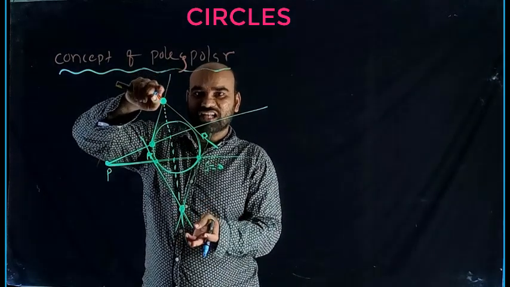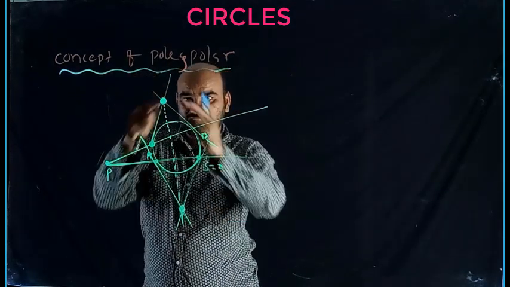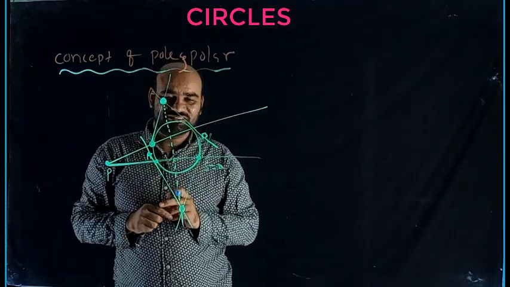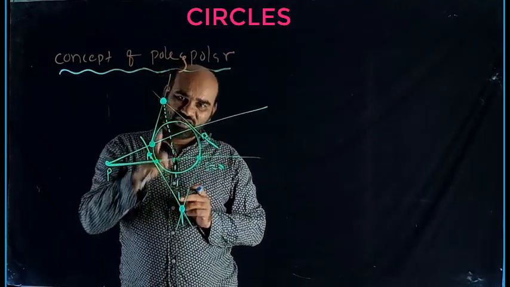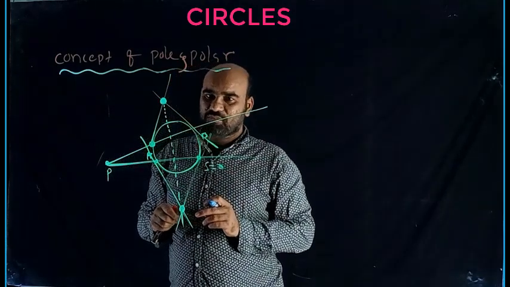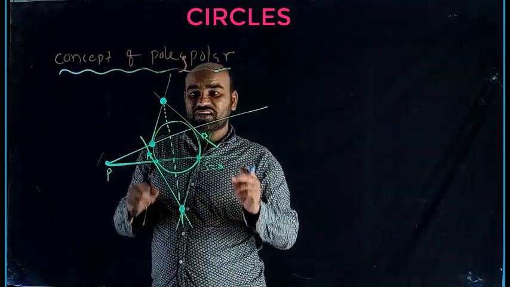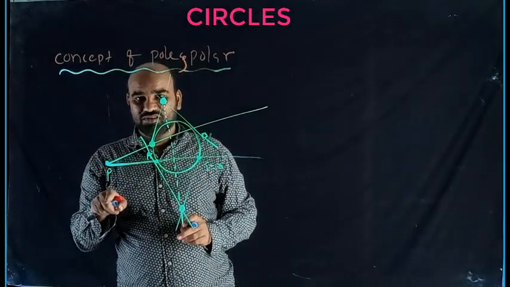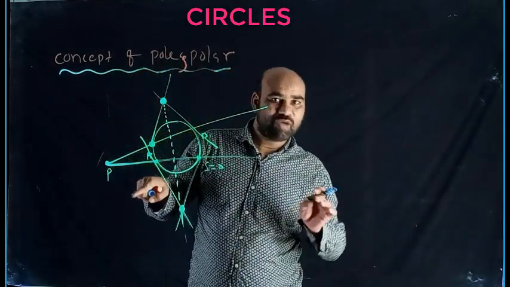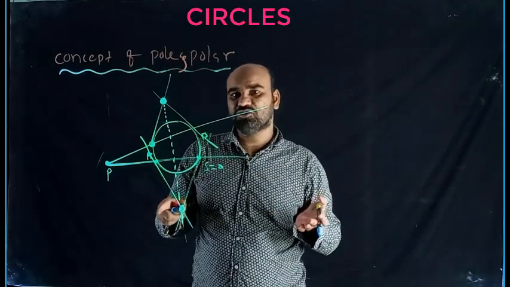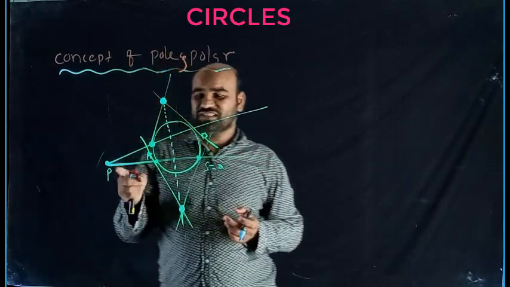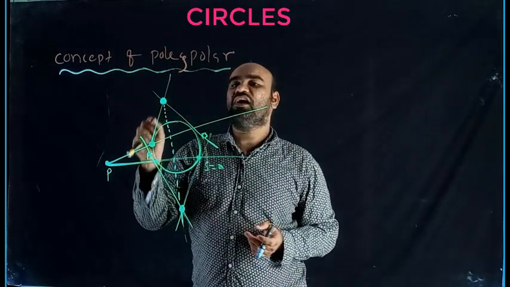This polar is a line formed by the point of intersection of the tangents drawn through extremities of the secant. Understood? Okay, the point of intersection of the tangents drawn at the extremities of the secants which are drawn through a point P. Drawn through a point P, I am not saying external point. It may be inside or it may be outside, or it may be on the circle. We will discuss later. But my first case is the point P is exterior.